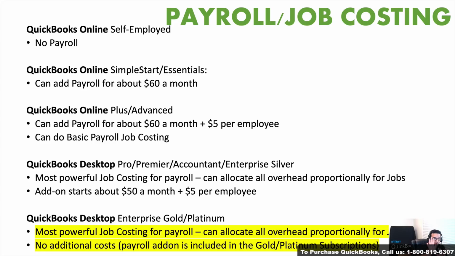So if you're working with QuickBooks Desktop and you want to have payroll, you might want to consider looking at QuickBooks Enterprise Gold or Platinum because the payroll is included. That could save you $600, $700, $800 a year of payroll processing just by going with those higher versions of QuickBooks Desktop. So I think QuickBooks Desktop Enterprise Gold and Platinum take it on the payroll value side, and all of the desktop platform takes it for the payroll job costing